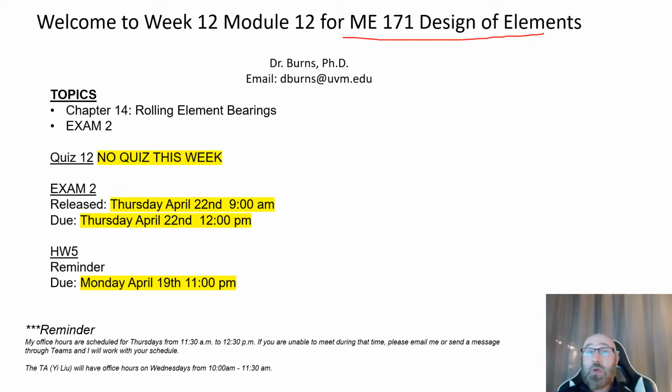So within this week, we got a couple things going on. Main topics here, we're going to begin chapter 14, looking at our rolling element bearings. And also we're going to have our exam 2 on Thursday this week. So one thing to note is there is no quiz 12 this week. I've decided to scrap quiz 12 to give you guys a little bit more time to focus on your exam